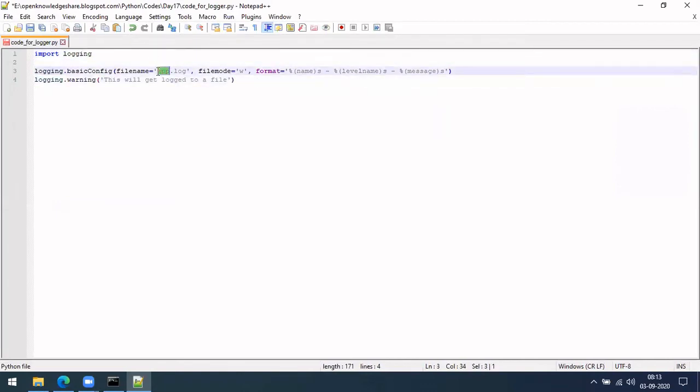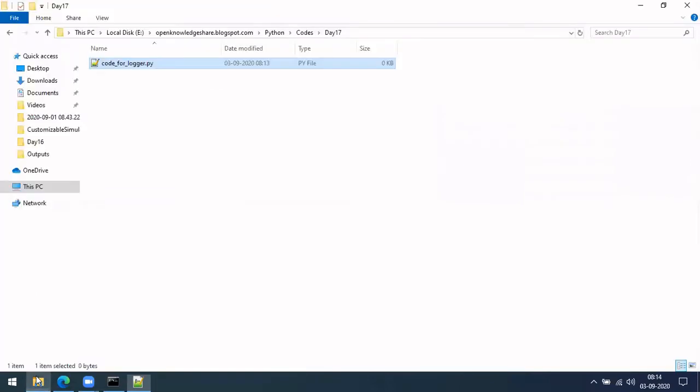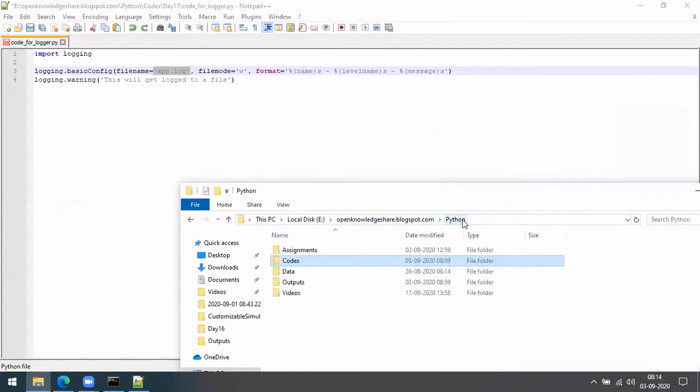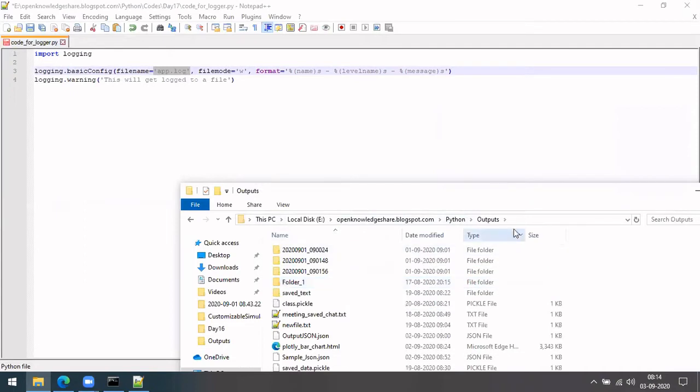Next, you can define the path where you want to save your log file. If you don't give anything, it will be saved at the same level. In case you want it in some other output folder, let's give that path.